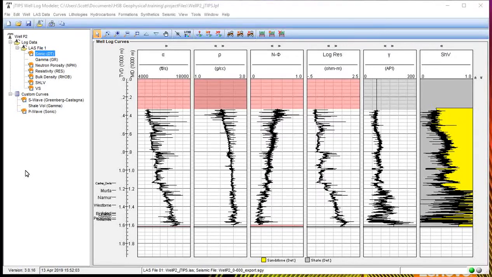So oftentimes when we get in LAS well log data, we have missing data throughout the file. Sometimes it's good chunks of a curve, sometimes it's a sporadic data point here or there. When we pull the data into the JTIPS well log modeler, any curve that's missing data is identified to us